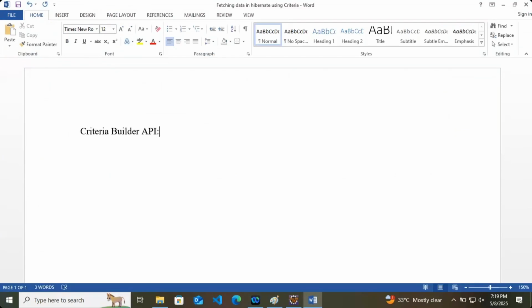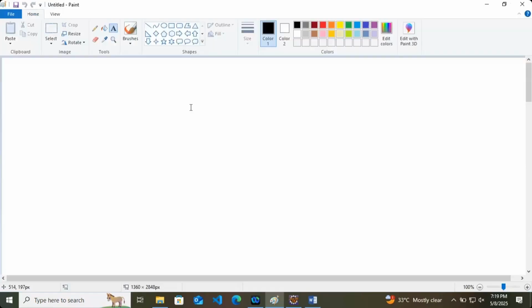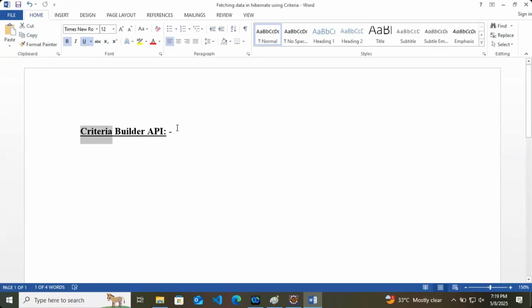Whenever we are discussing this one particular term, that is criteria builder API, and one more thing, when we are working with criteria builder, you will find it more difficult than HQL, but it is just a part of Hibernate, so we can discuss it.